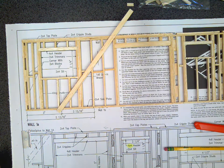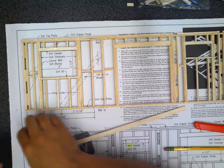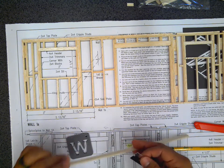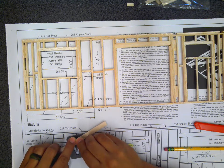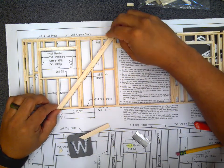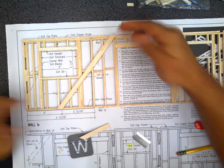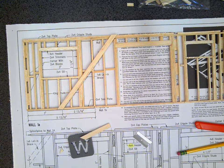So I'm going to get my little cutting block out again. I'm going to cut at an angle, and I think if it's a little confusing, this is going to help make it make more sense. There's my angle cut there, and here's my other angle cut here. So we're going to cut a little channel, and that's going to drop in and be nailed in to there. And it's going to be flush